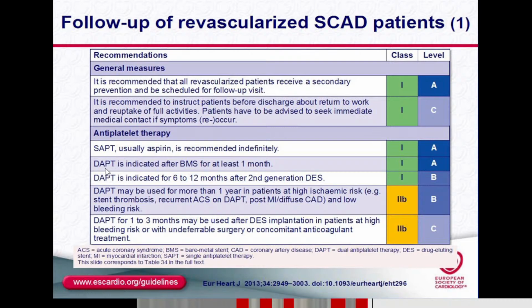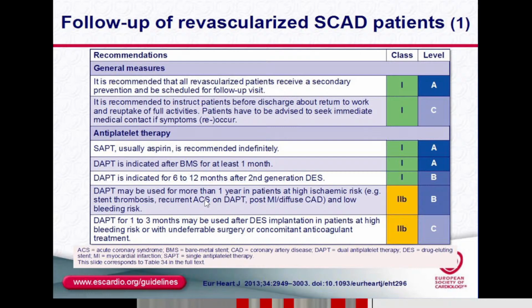Double antiplatelet therapy, DAPT, is indicated after bare metal stent for at least 1 month. Double antiplatelet therapy is indicated for 6 to 12 months after second generation drug-eluting stents. And double antiplatelet therapy may be used for more than 1 year in patients at high ischemic risk, as stent thrombosis, recurrent